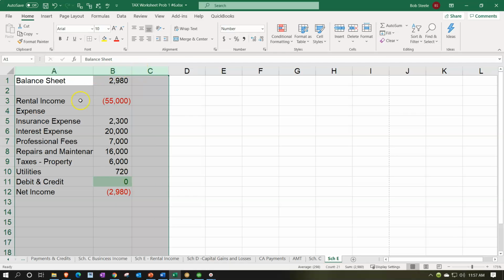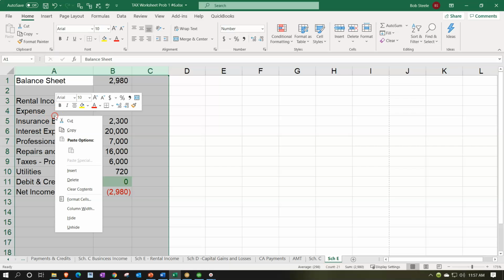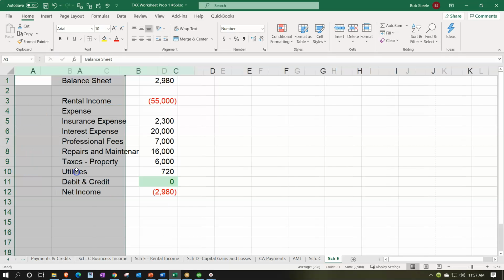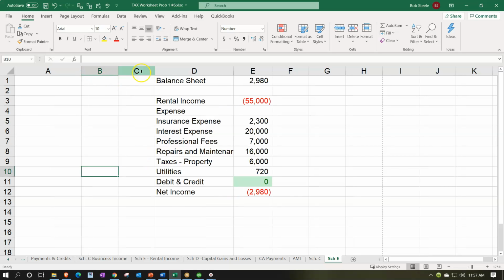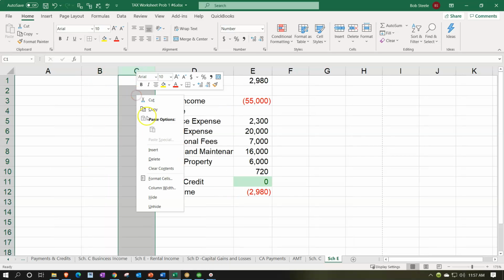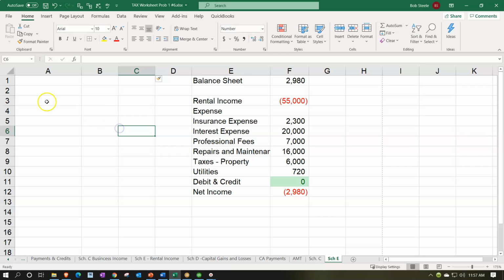Going to go from A to C, right click, and insert some columns there. I'm going to make the first one a little bit larger. I'll make one more column. Right click, one more column, 4 columns. And this is going to be the description. So description, or let's just say accounts,